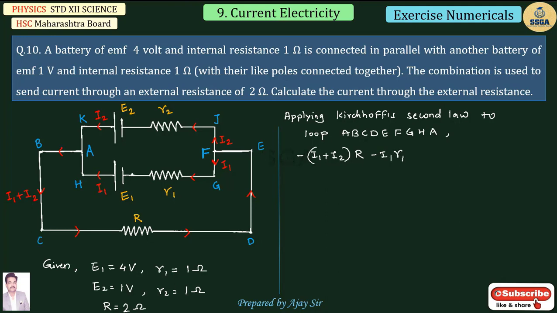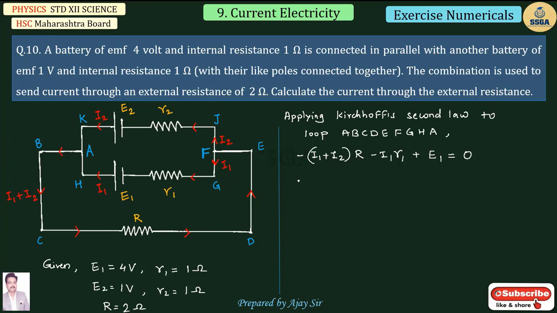Now the same current flows through this arm. The direction of tracing is from negative to positive, so the EMF, where the second terminal is positive, is plus E1, and this is equal to 0. This is by using the sign convention of the second law. So the sum of potential differences and EMFs is equal to 0. Now let us put in the given values.